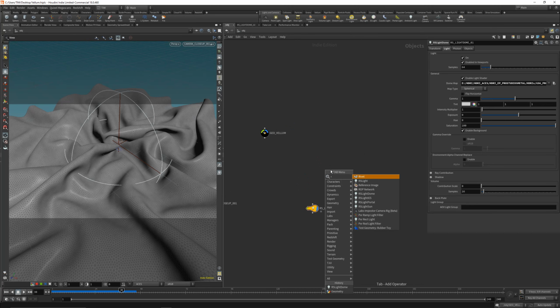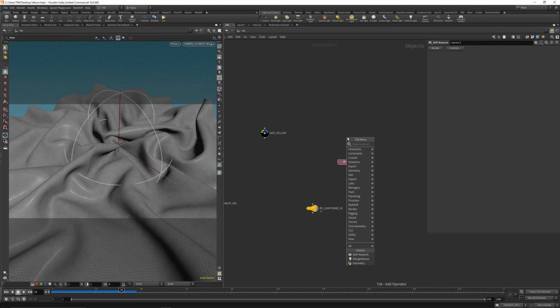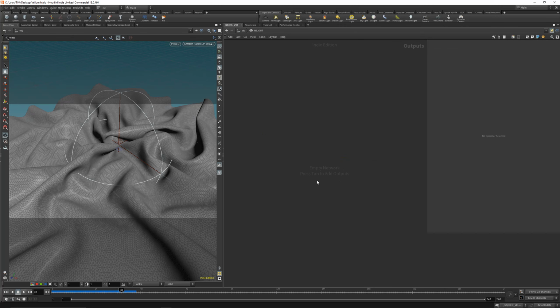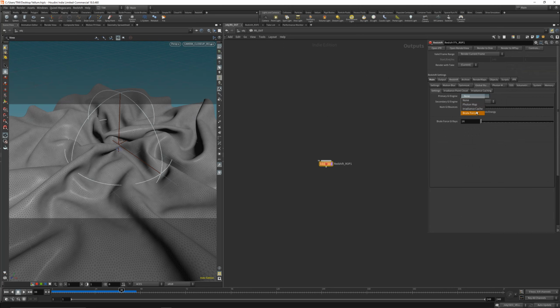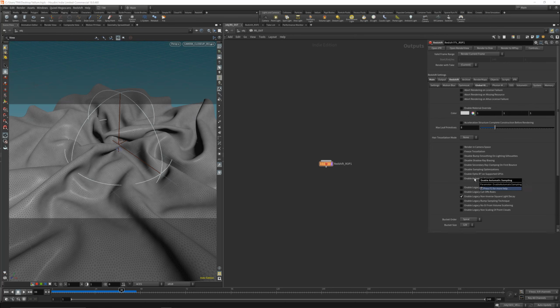And then we can place a ROP network for the Redshift stuff and a material network for the materials. Call this RSMat for example, and Redshift out. Dive inside the Redshift out and place down a Redshift custom. Connect the camera here. Let's enable global illumination to brute force, and if you got an RTX card you can